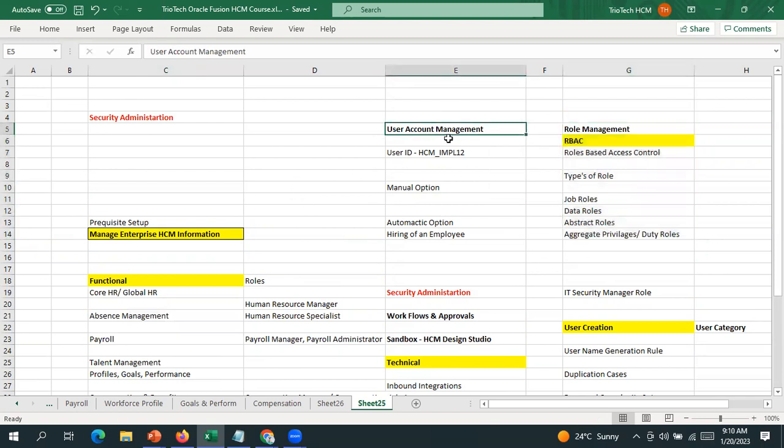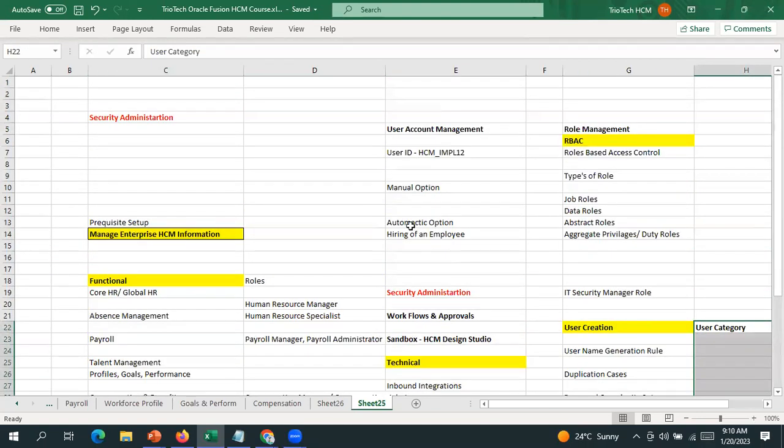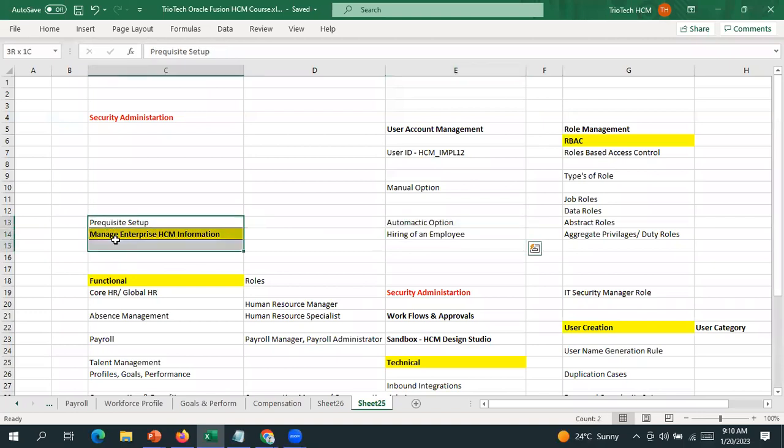And coming to user account management, I'm telling about the automatic option, but there is a prerequisite setup we have, right? This one also I will talk about in the session on Monday when we continue this topic. After user category, I will show you how in the system the automatic option is enabled. Okay, so now let me